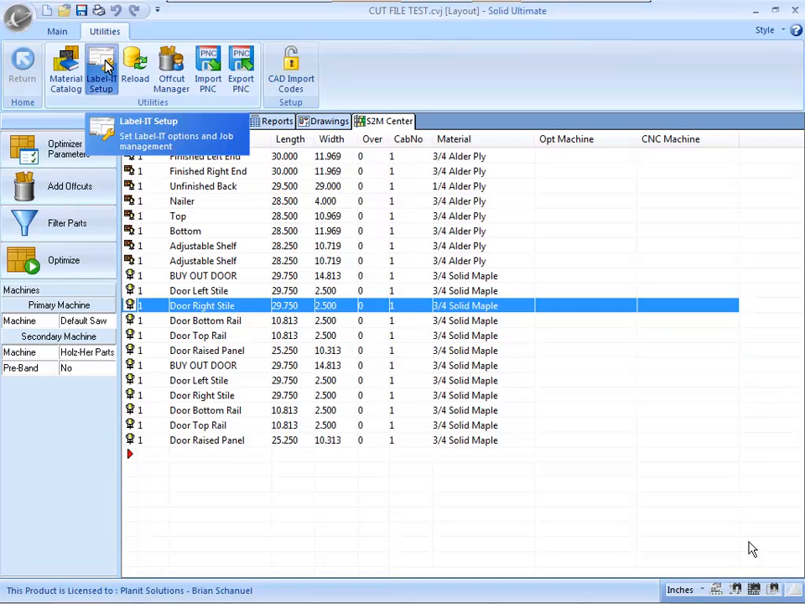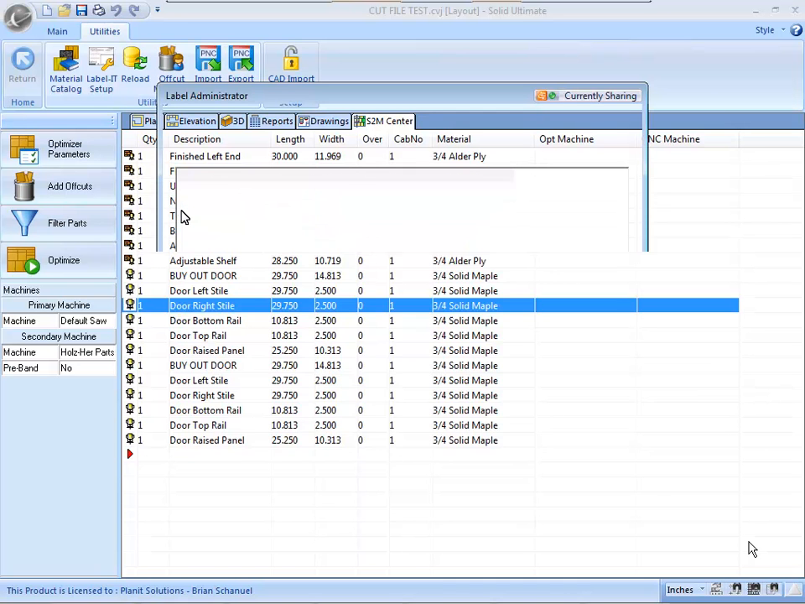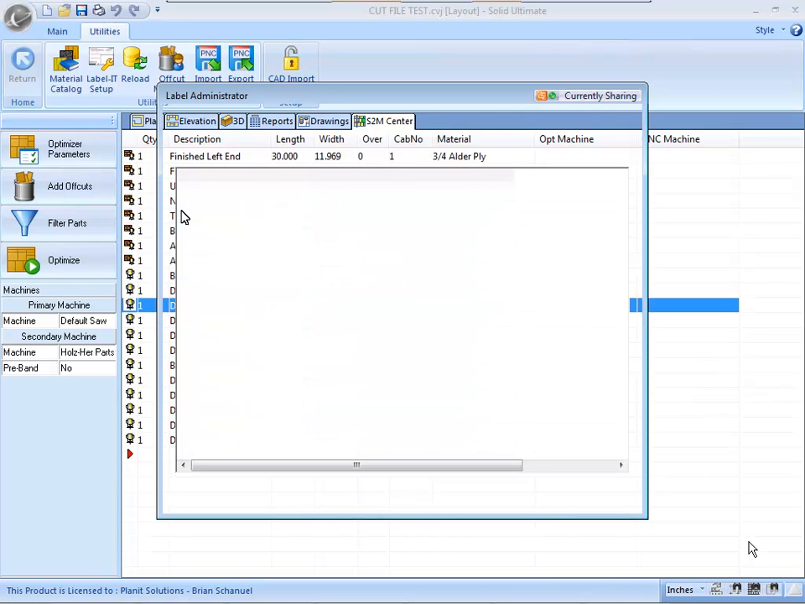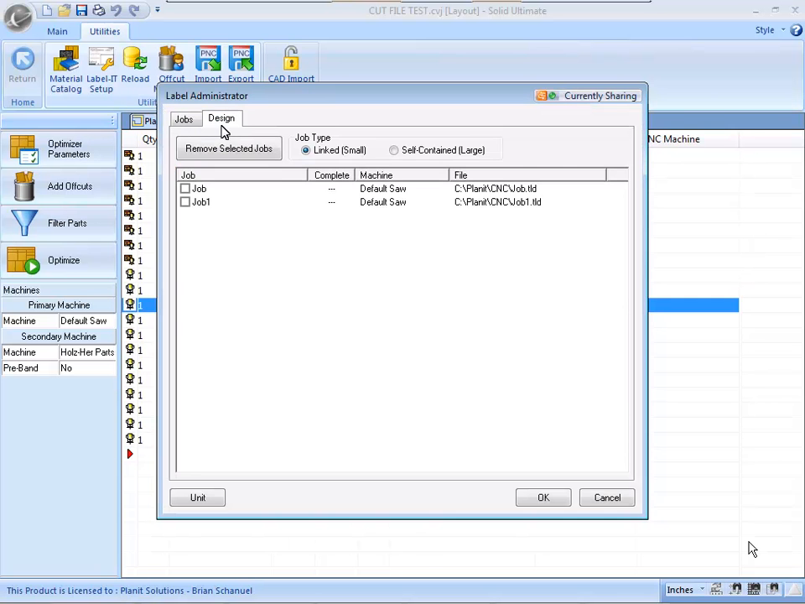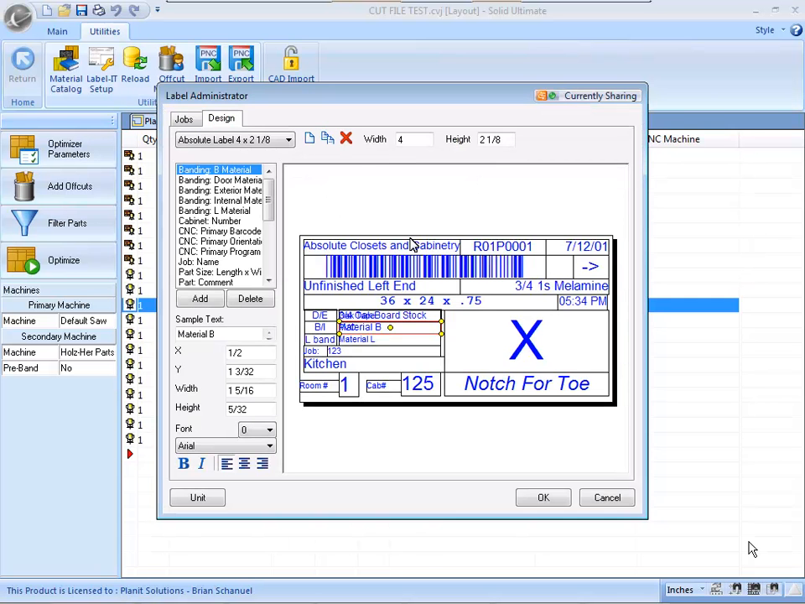At the S2M Center, I'll go to Utilities, go to Label It Setup, and then I'll click on the Label It Designer button. As soon as this comes up, we will click on Design. And now when I click on Delete,